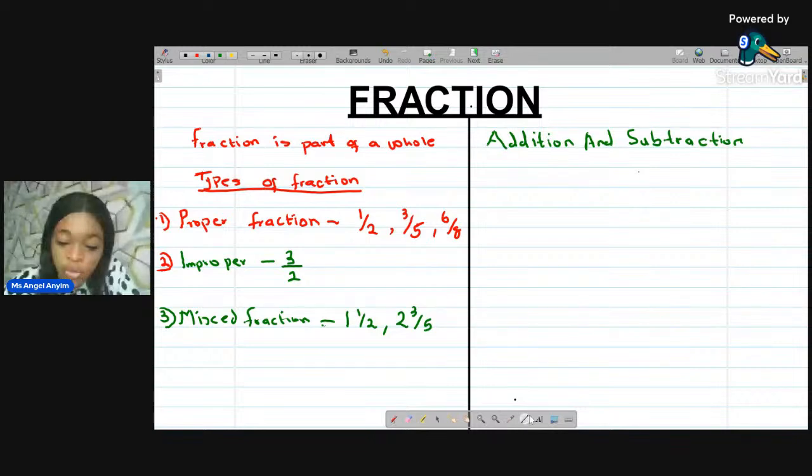So when we talk of addition and subtraction of fractions,